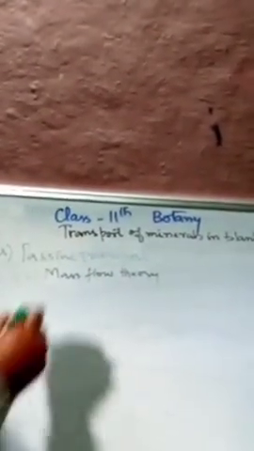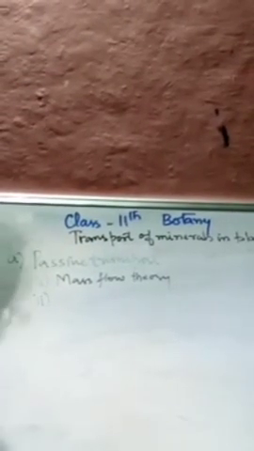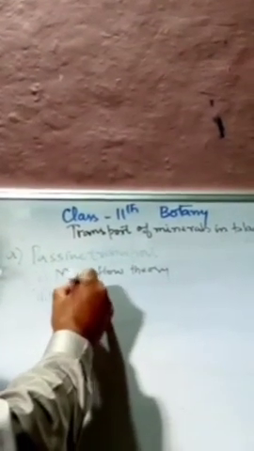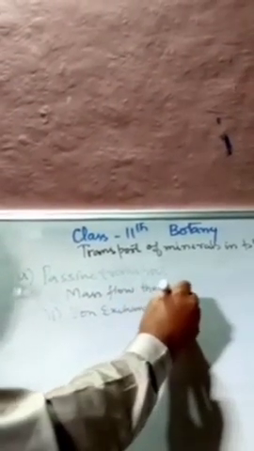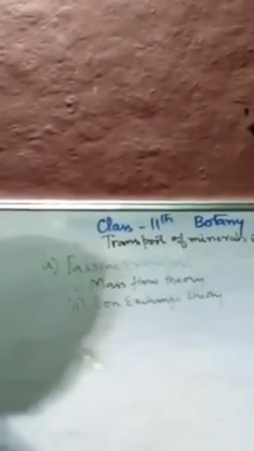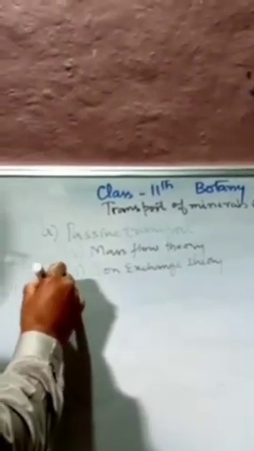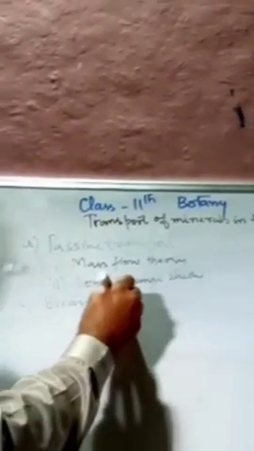Second जो हमारे पास theory है, that is called as ion exchange theory. Ion exchange theory. What happens in this ion exchange theory? It can be discussed in two categories. First जो हमारे पास है, bicarbonate ions, how they get exchanged.